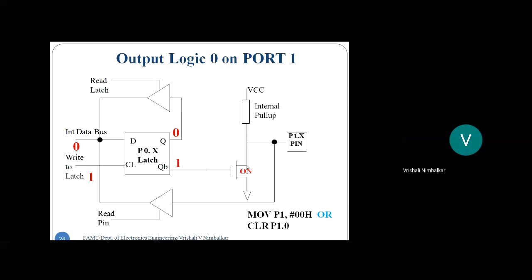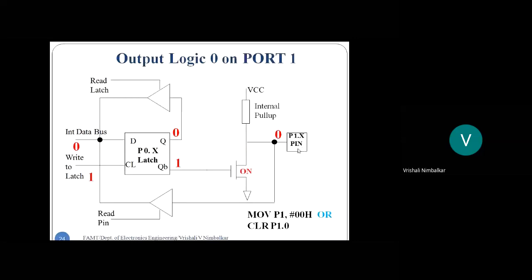Okay. So when your lower MOSFET is on, the pin is getting shorted to ground, as well as from the upper connection, it is showing 0 volts. So that's how logic 0 gets transmitted on the pin. So what was the instruction getting executed? Clear the pin. So that's done. Logic 0 is sent on the pin.